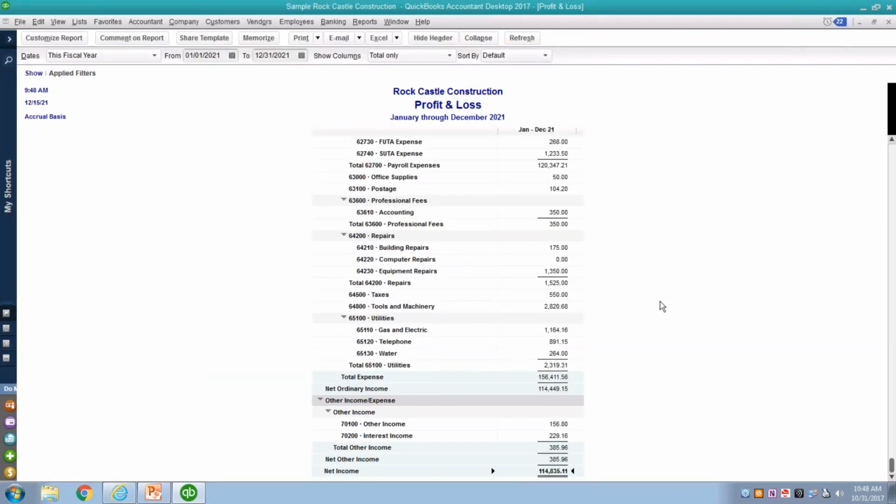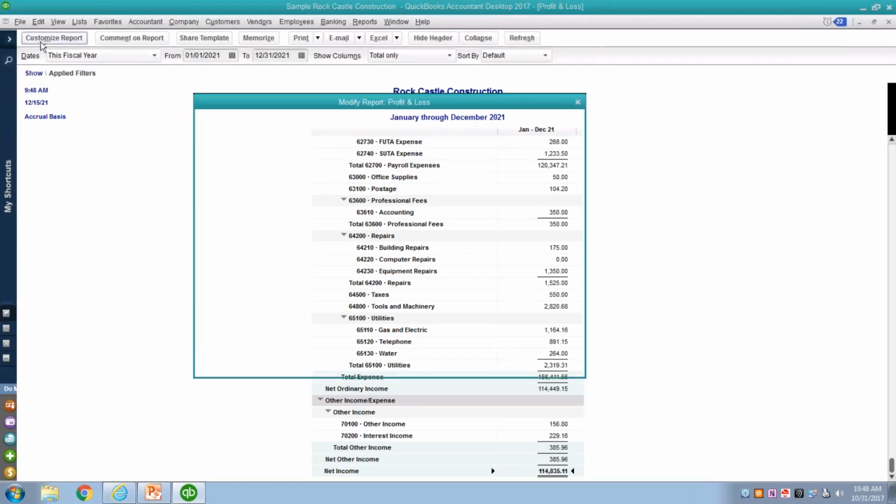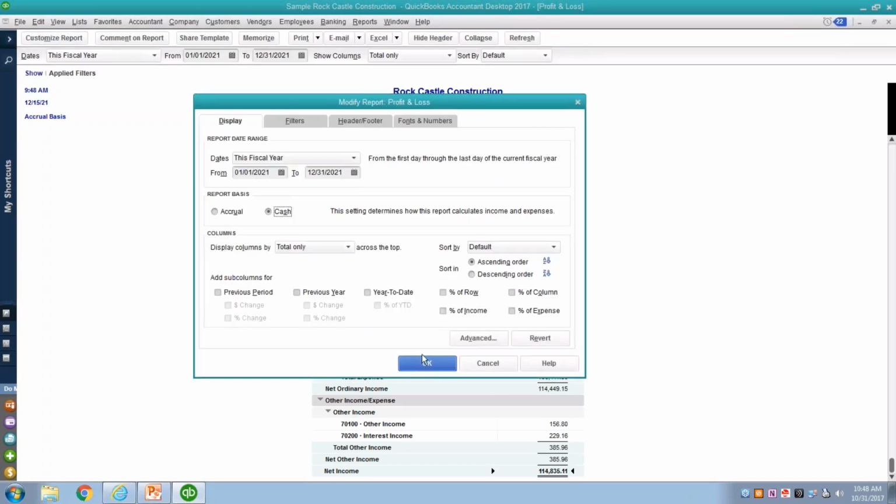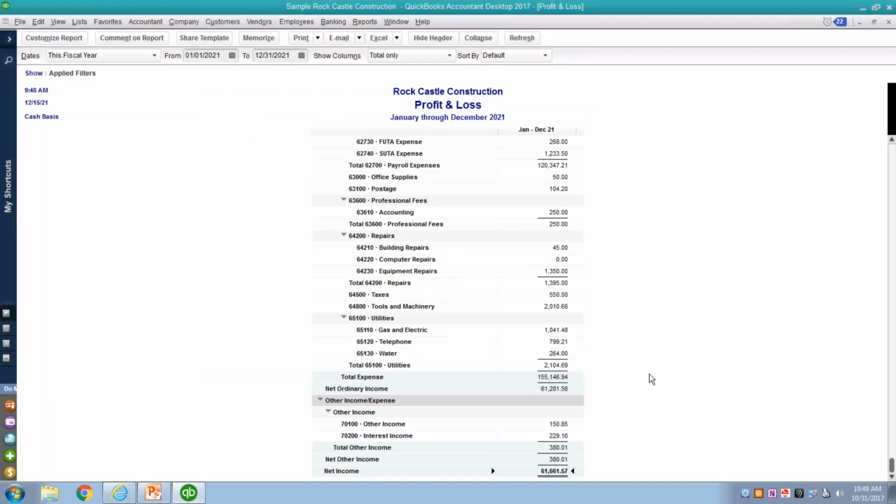You can't switch back and forth when it comes to your taxes. So if you're an accrual basis taxpayer, you need to be running your reports on the accrual basis. But if you're a cash basis taxpayer, I normally will set them up in QuickBooks as accrual, just so they can track their accounts payable and accounts receivable. But then when I go to do the tax return at the end of the year, I can toggle to run my financial reports on the cash basis. So that's a really nice feature in